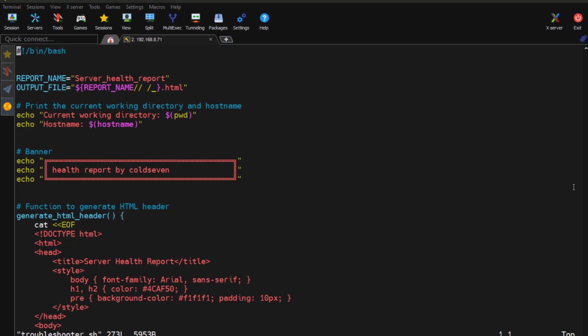So far so good. So now we have a function. The function name is generate_HTML_header. So this line declares the start of the function,